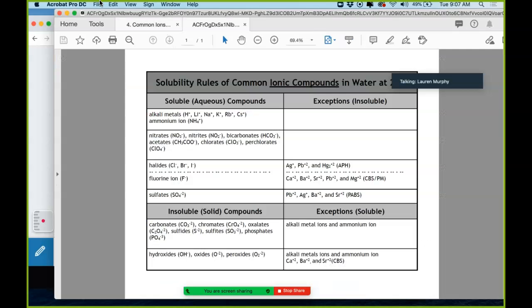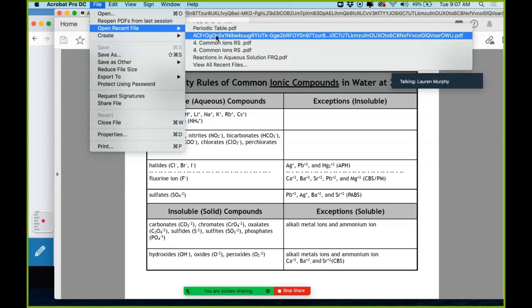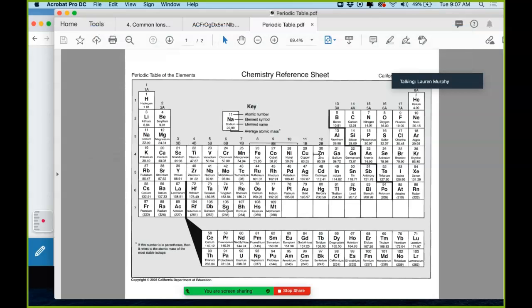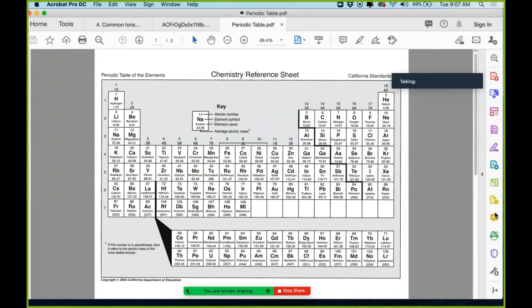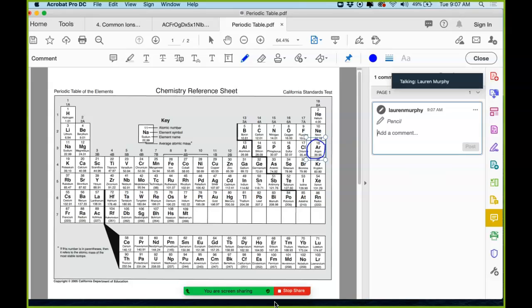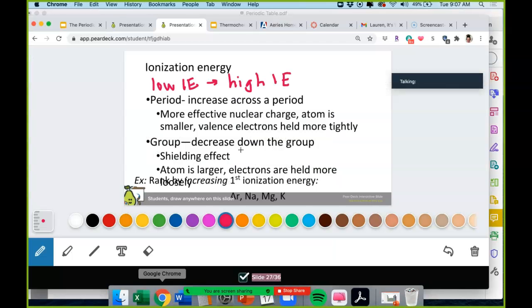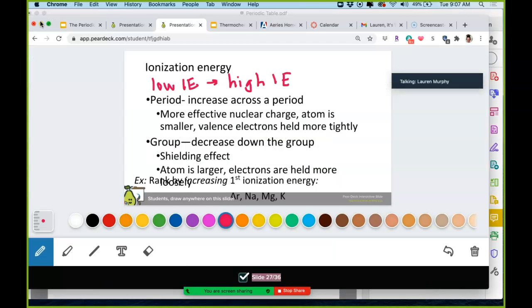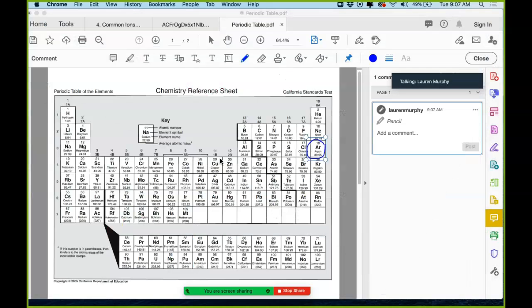So if you guys can tell me, since I'm not, or I guess I could look at it. I was going to say, could you tell me just which ones we're doing? I know argon's on there. Who else is on there? Sodium, magnesium, potassium. Okay, so sodium,